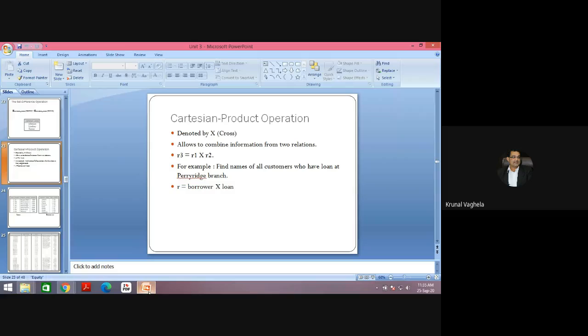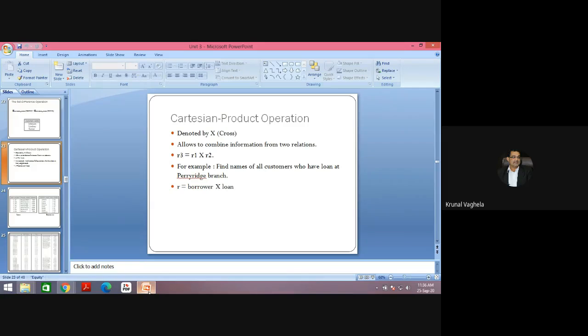We were looking at relational algebraic operations, and we already saw select, project, union, set difference, and intersection in the previous lectures. In the last session, we looked at Cartesian product. With a simple example, I told you what Cartesian product is and why it is useful.